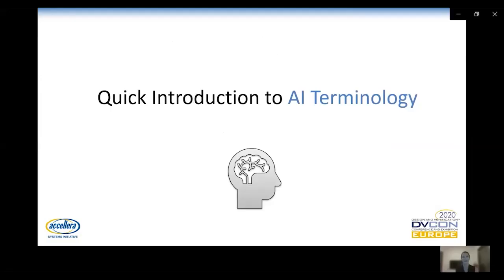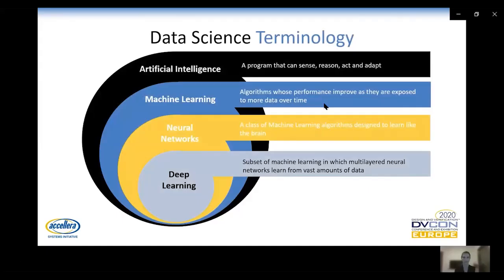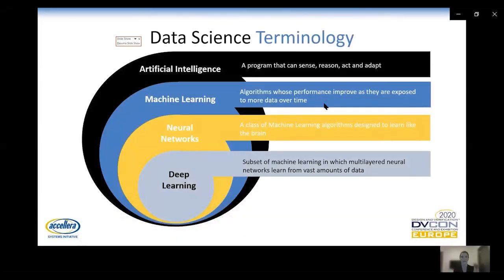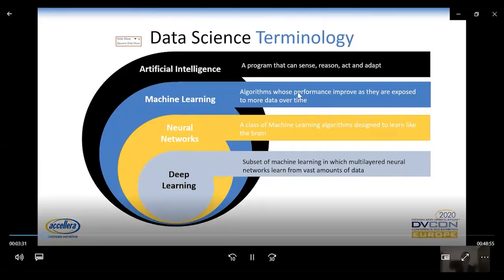We will get going, and we will start with basic AI terminology. There are a lot of different terms. I'm sure that you've heard some of them, and sometimes different terms are being used interchangeably. So I want to spend a few minutes talking about some of the basic terminology and try to get some understanding around them.